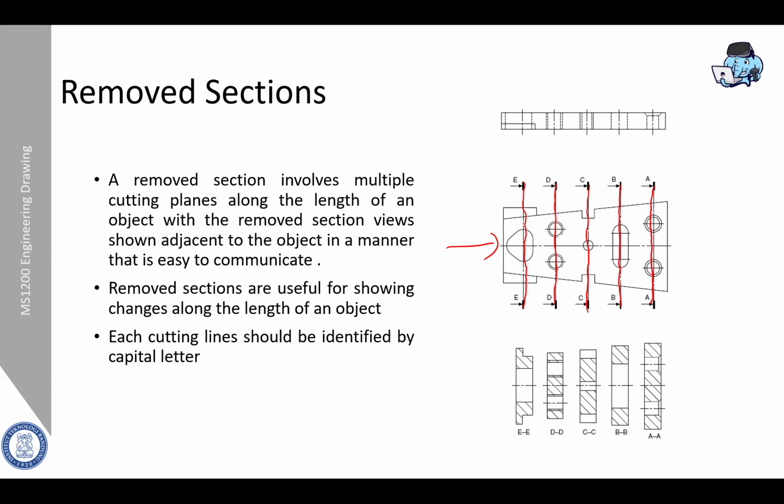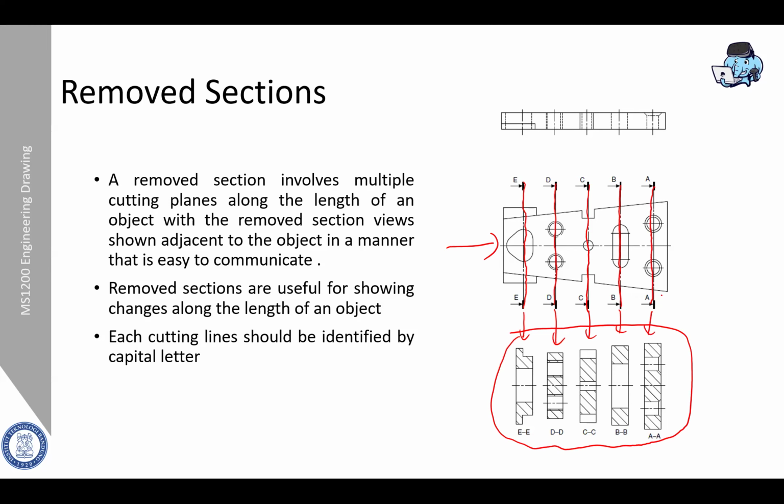So this is the removed section, according to the line. This is how you represent the cross section of an object that varies along the length.